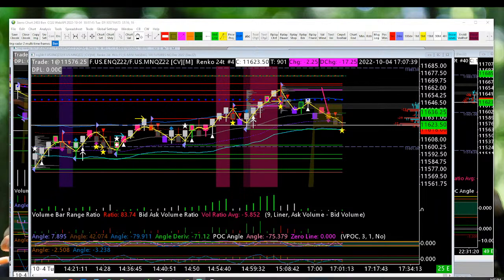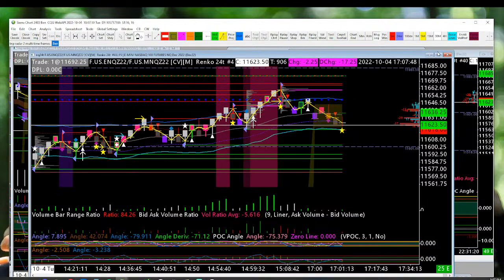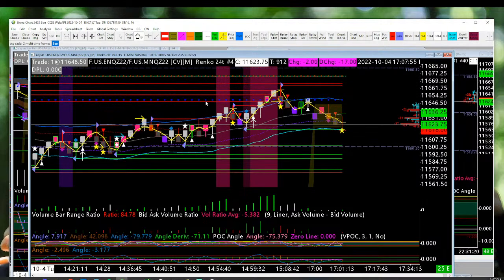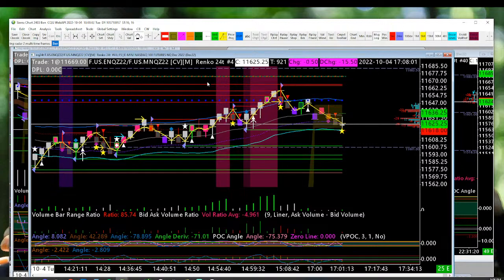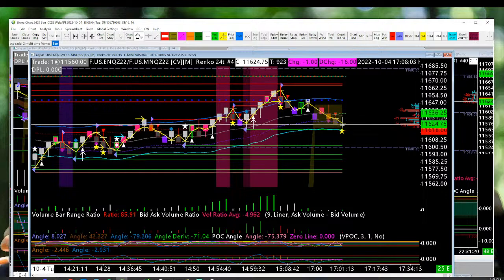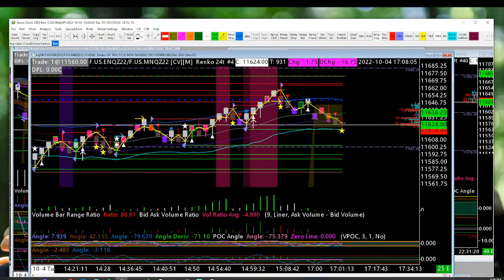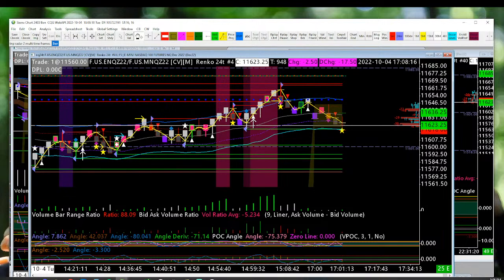Definitely not one of my better days, but good to see that the places I need to adjust is basically being aware of: A, do we have momentum? B, when that momentum goes away, am I willing to trade both directions? And how quickly can I flip back and forth? If I'm not flipping back and forth very quickly, I need to not be aggressive, basically. If I'm not performing well with the conservative trades, I need to be okay skipping the aggressive trades. I can't take the aggressive trades and skip the conservative trades. Not okay. And then if it's going one direction, I can be okay taking more aggressive pullback